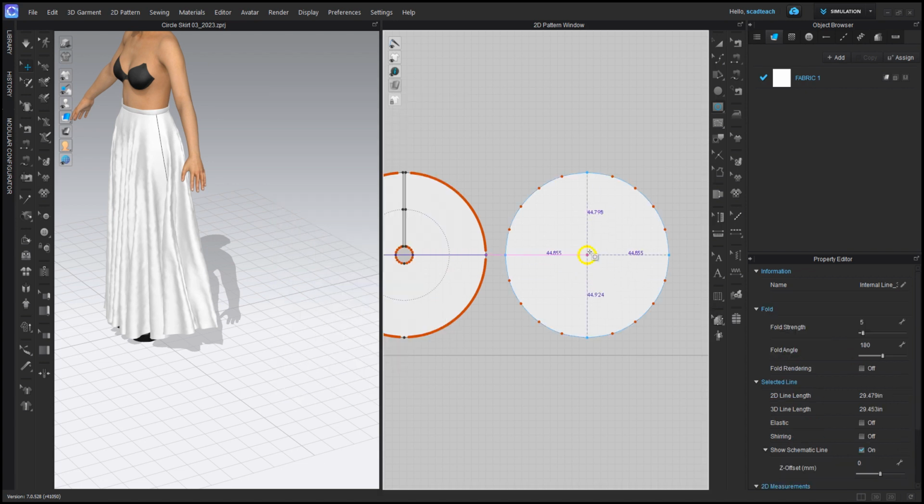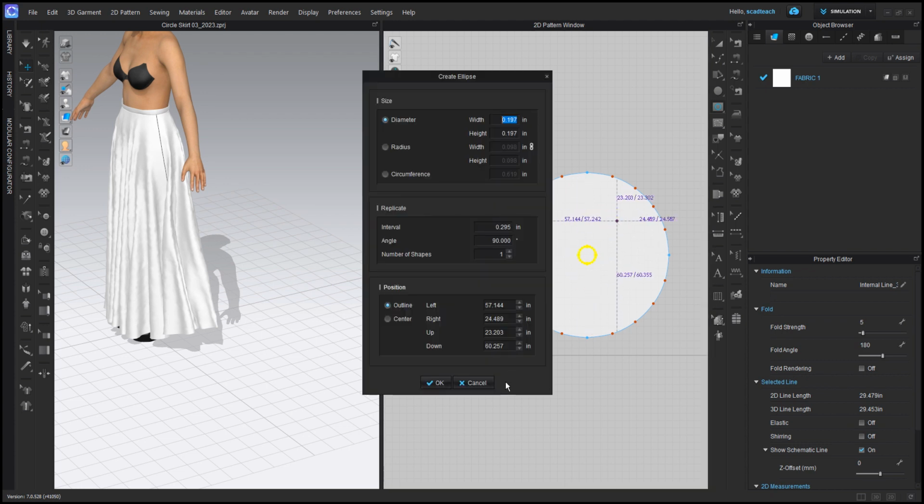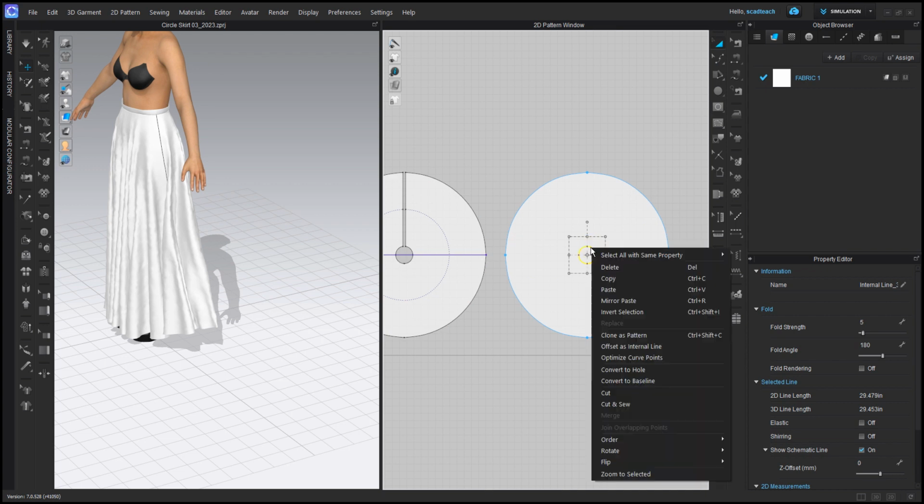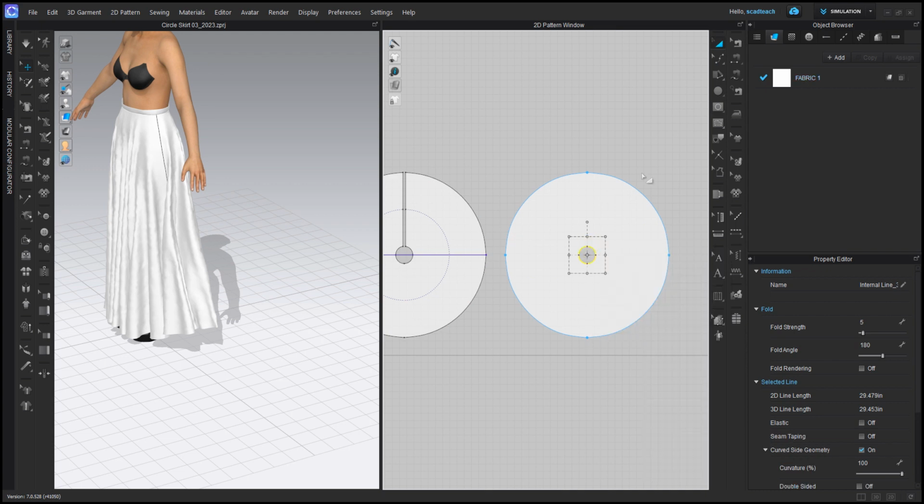But it's not to say that you have to have your waistline here in the center. You may want to stick it over here somewhere, or see what that does to change the shape of that circle skirt. What happens when you move the waistline off center? What kind of shape does it produce? With my transform pattern tool, I can select that internal circle, right click on it, and choose convert to hole. Then I get my